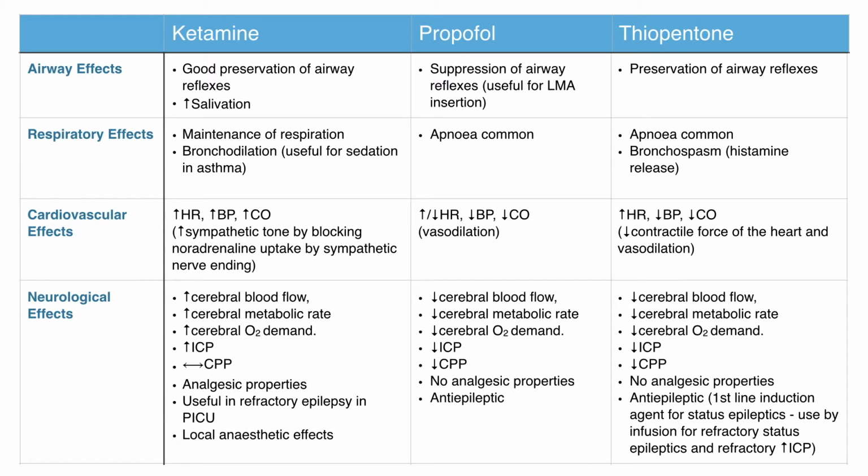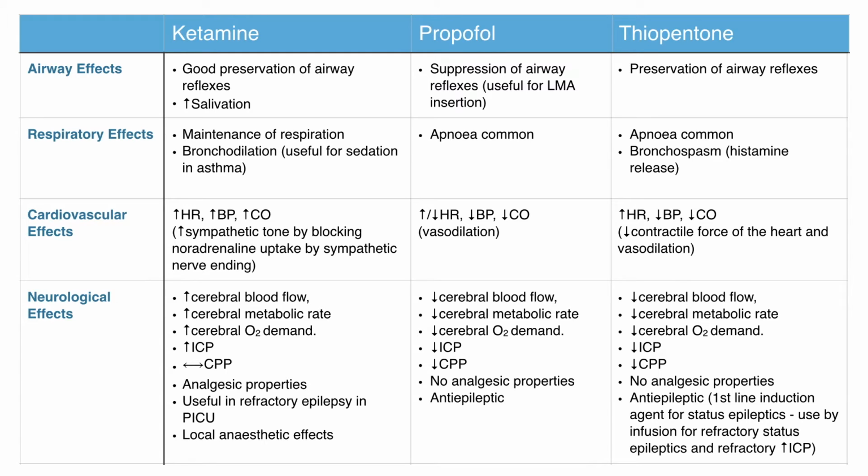Propofol and thiopentone tend to have the opposite effects. Both cause reduced cerebral blood flow, reduced cerebral metabolic rate, reduced cerebral oxygen demand, and reduced intracranial pressure. Although they reduce intracranial pressure, because they also tend to cause hypotension, they generally reduce cerebral perfusion pressure. However, in the intensive care unit, the drop in blood pressure that's caused by thiopentone can be offset with a